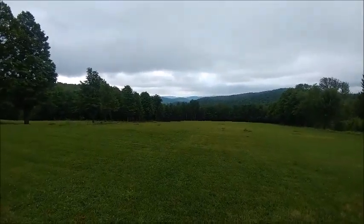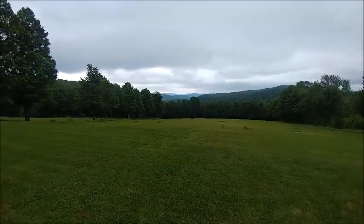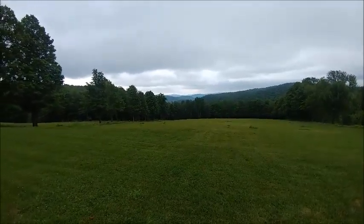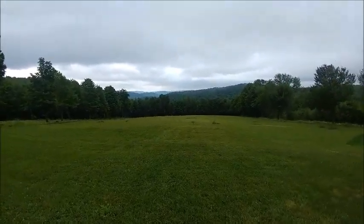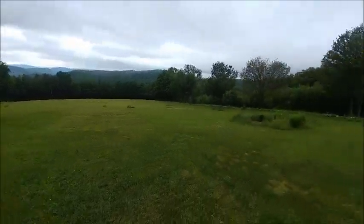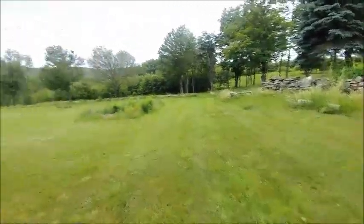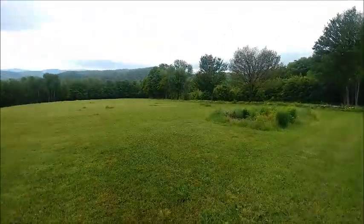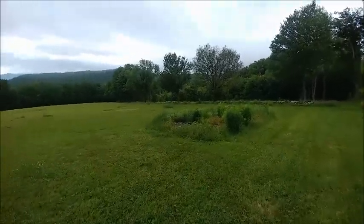Way down there in that corner, you'll see it's like three trees together that formed a little alcove in the center of the tree, and the fox was hidden in there. And we had one of the hams working with him with a directional antenna, and he took readings from different locations and triangulated, and then took the beam off and then used his rubber duck with his hand on it,